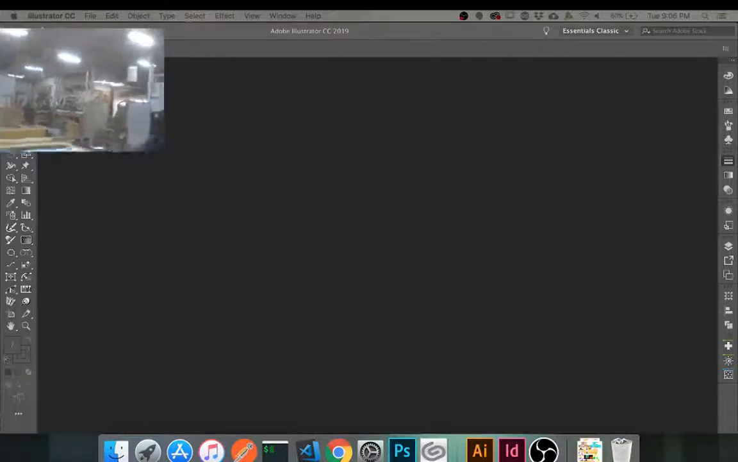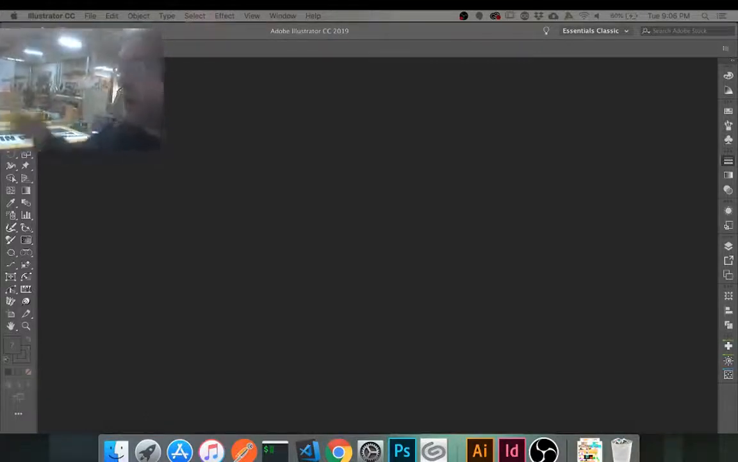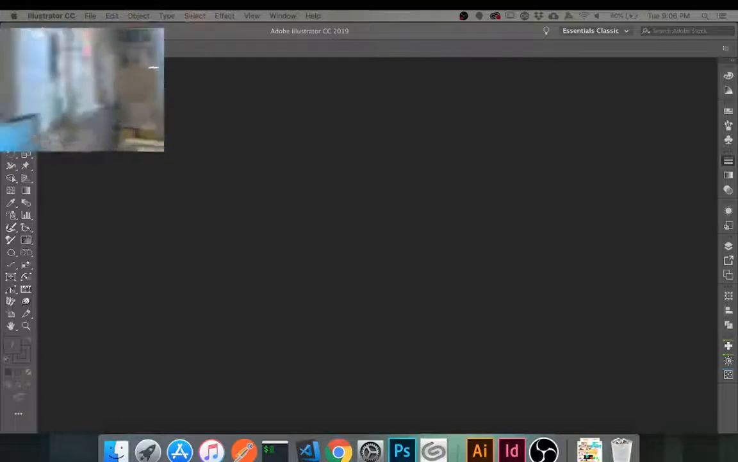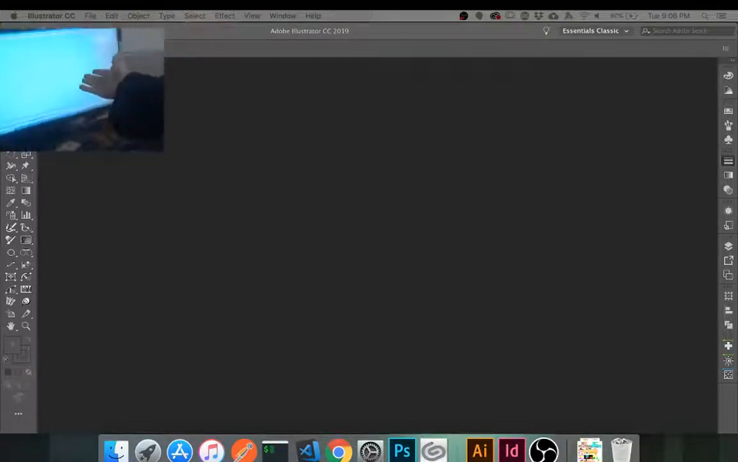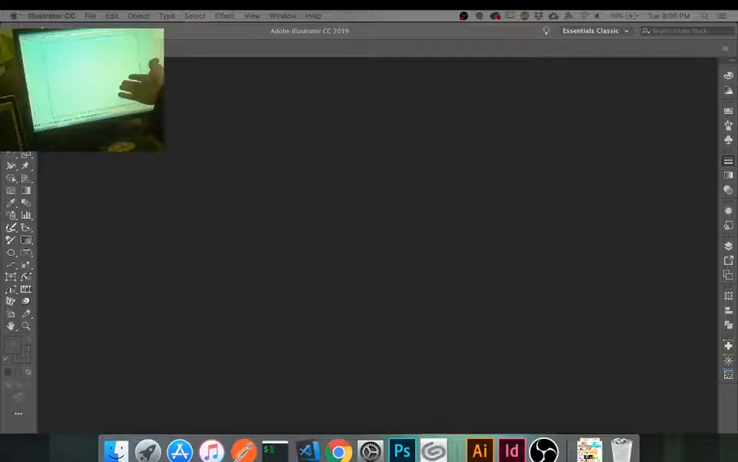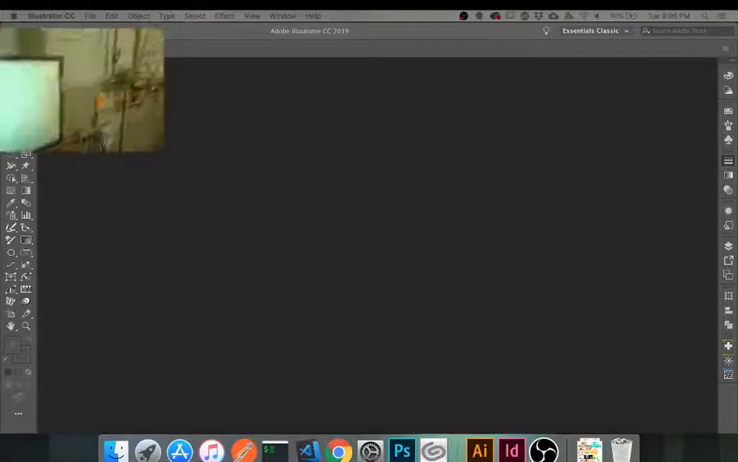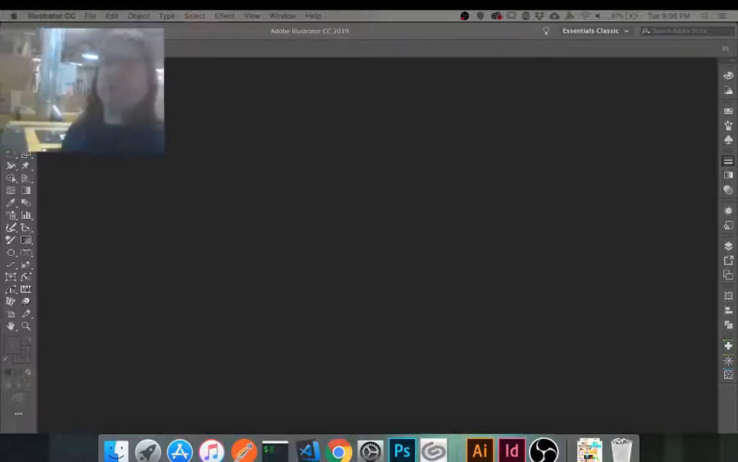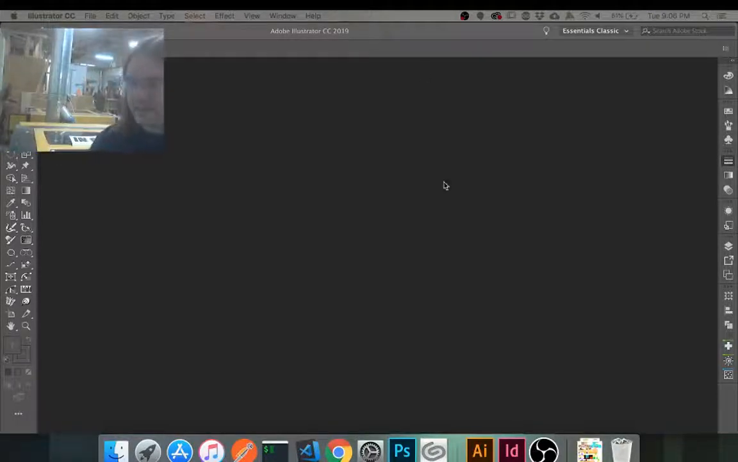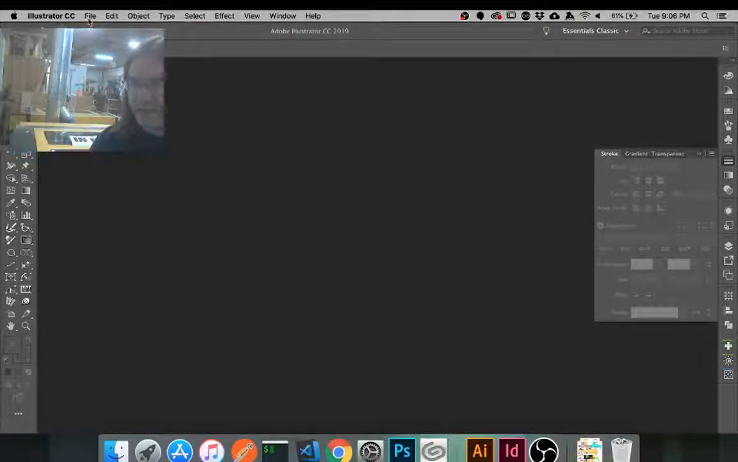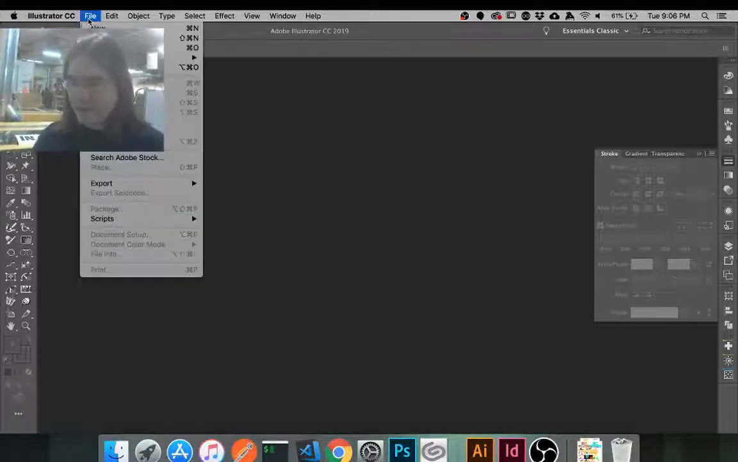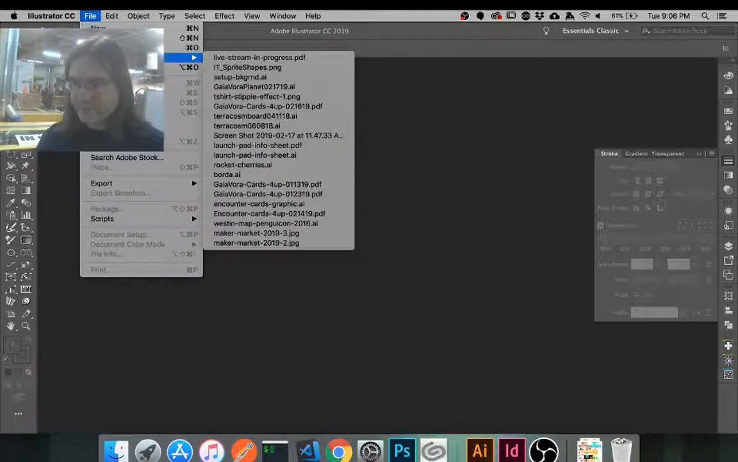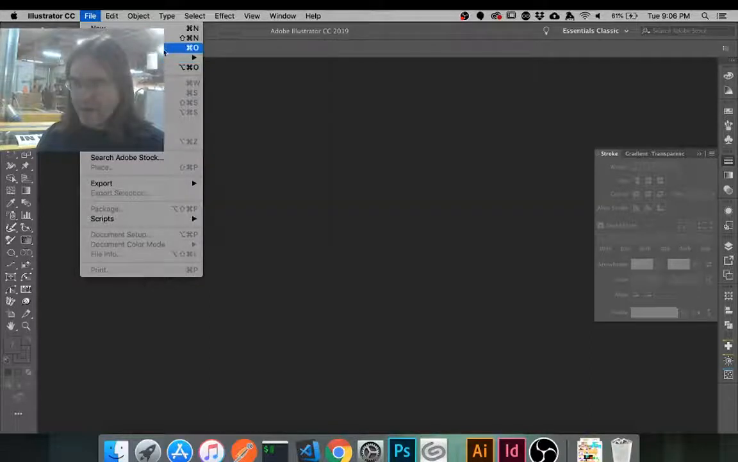All right, so what we're going to do is take a piece of art and put it here as a laserable path. So let's start. To start, we will go down here and open up an image in Adobe Illustrator. So I do all of my vector work in Adobe Illustrator. And I'm going to open up